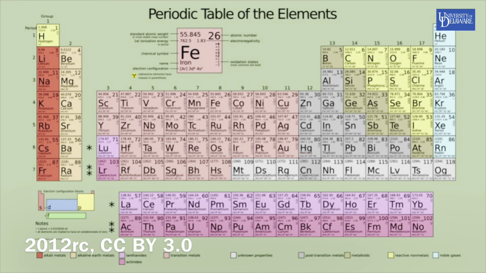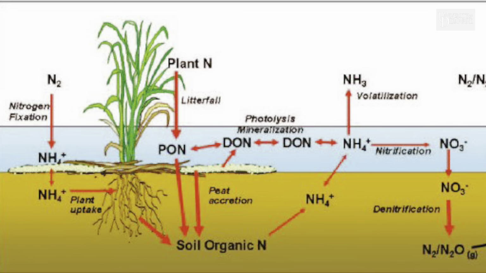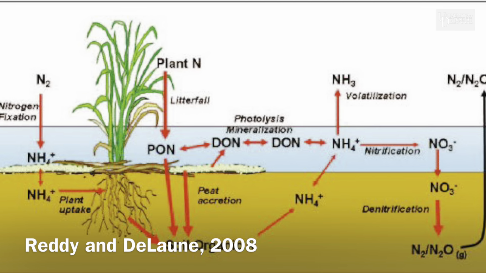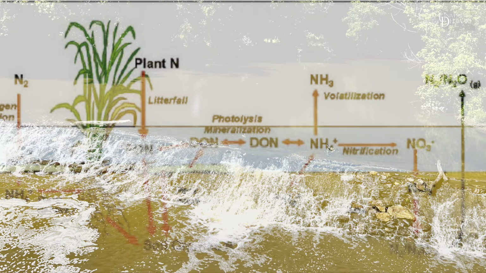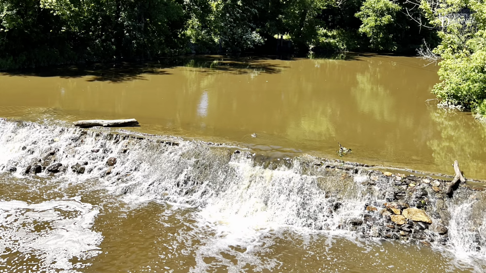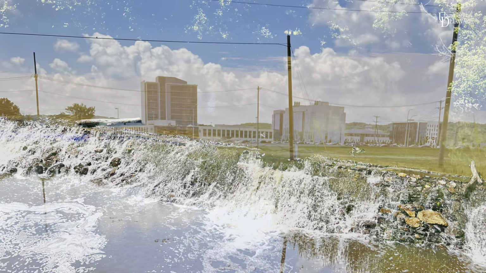Iron is a key driver in many natural processes. In wetland ecosystems, iron greatly affects how nutrients cycle through plants and soil, like in the nitrogen cycle shown here, which influences plant growth. The concentrations of iron and other chemicals in soils depend on human activities and infrastructure like